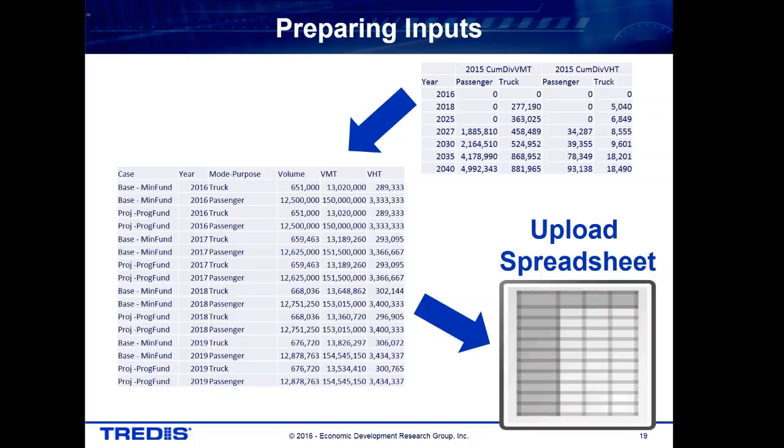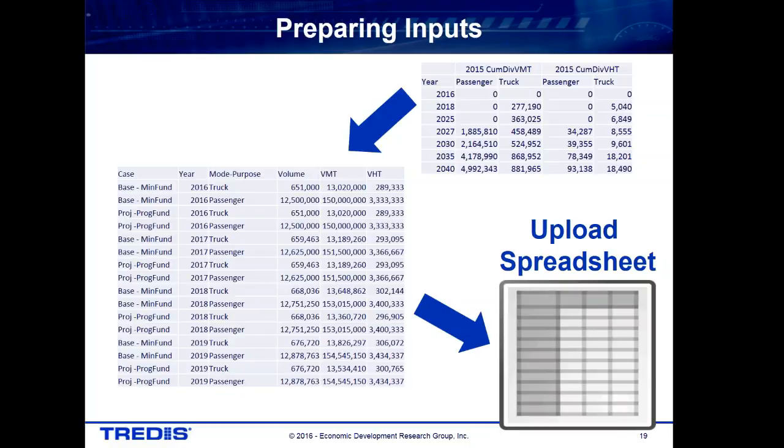translating the outputs of an asset management system to the type of travel characteristics that TREDIS analyzes. However, there's a reasonably simple process that you can customize to the type of bridge management systems you're using and workflow in your agency. Accurate measurement of this type of program often requires year-by-year entry of data. TREDIS allows entry of multiple years and the ability to import projects using a spreadsheet that greatly simplifies adding a